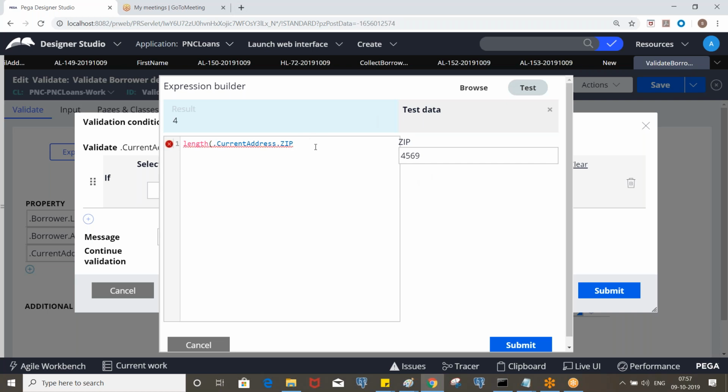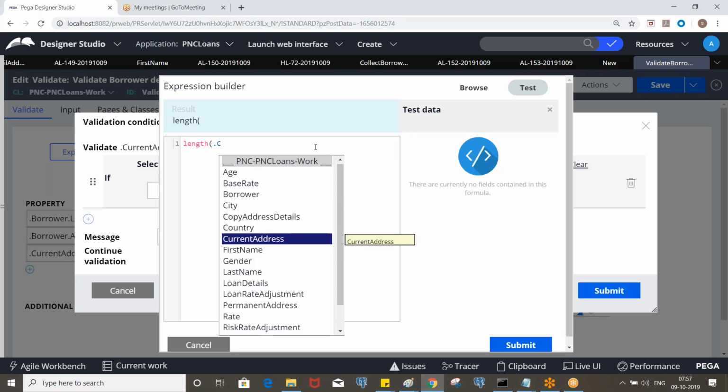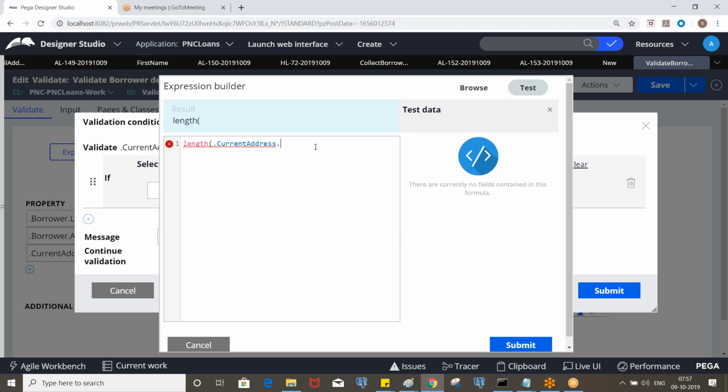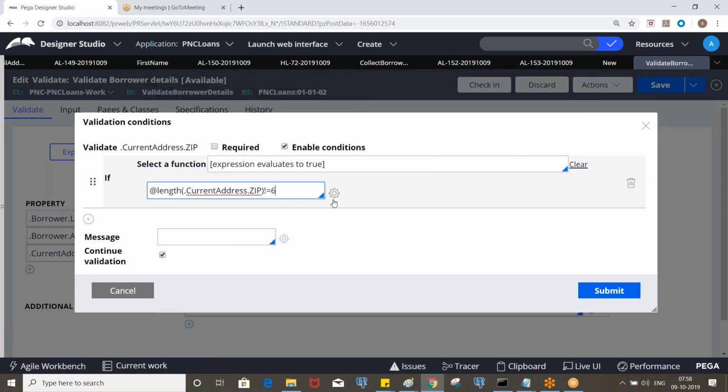I think this is correct only. Current address dot zip not equivalent to 6. But it will still allow characters, right? Yes, but you need to handle that.